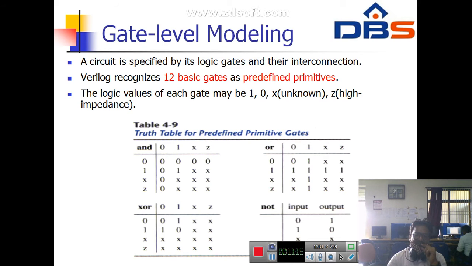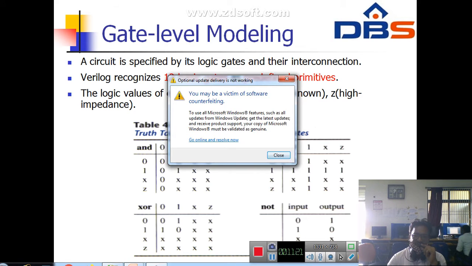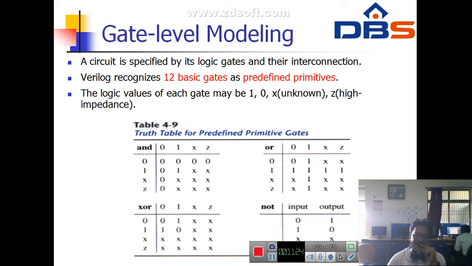Next, x into 0 is 0, x into 1 is x, x into x is x, x into z is x. In the same way for z: z into 0 is 0, z into 1 is x, z into x is x, and z into z is x.